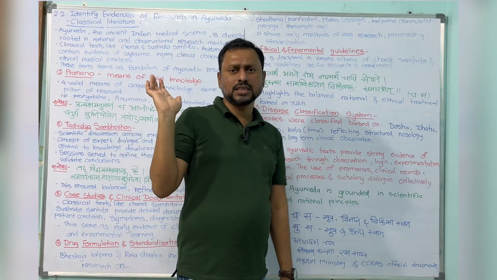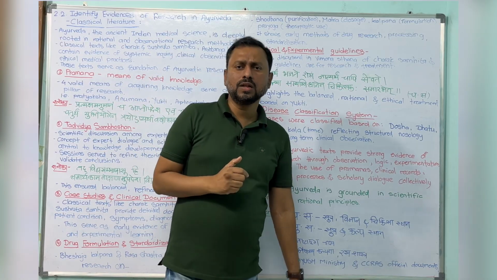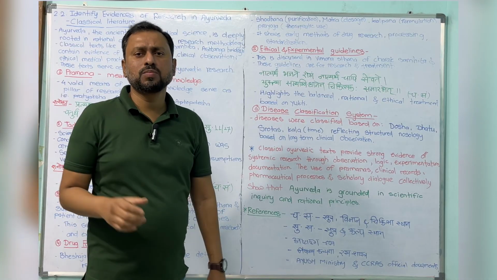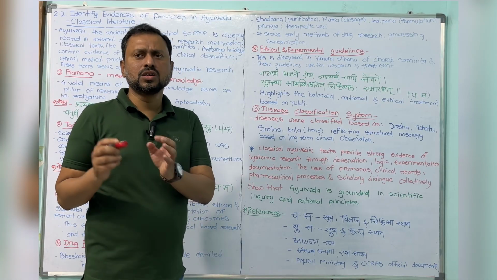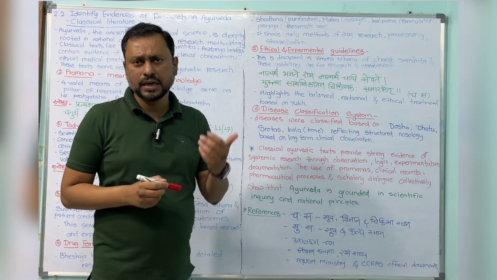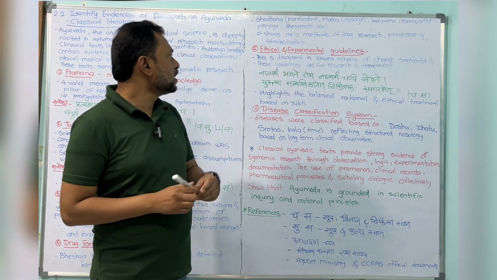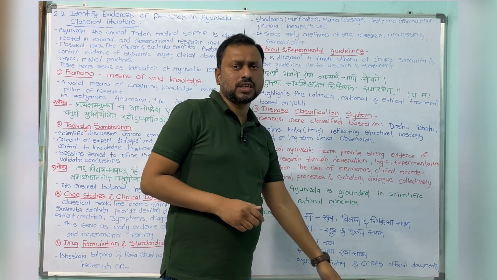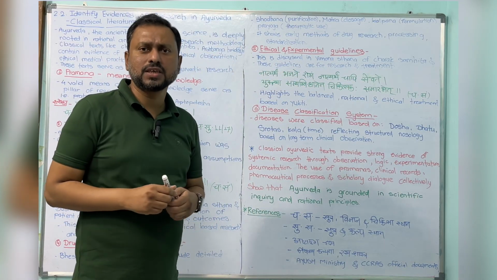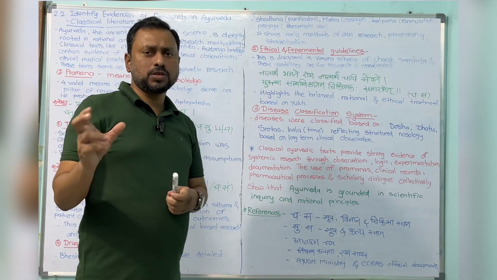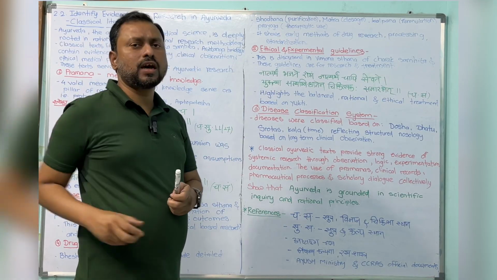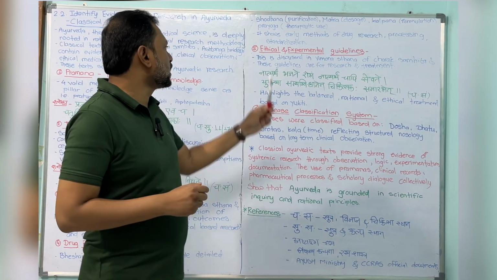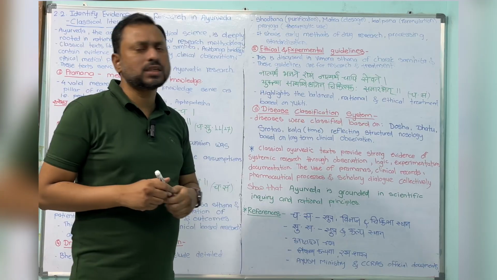Previously, our ancestors also had such references. Charaka clearly told what the responsibilities of the researchers, the scientist or the chikitsak are, and how we have to do the research. This is discussed in the Vimanasthana of the Charaka Samhita. In the Charaka Samhita, Vimanasthana, the naitik responsibility, that is the ethical consideration, is told, or the experimental guidelines Charaka has clearly given. These guidelines are for research and treatment.